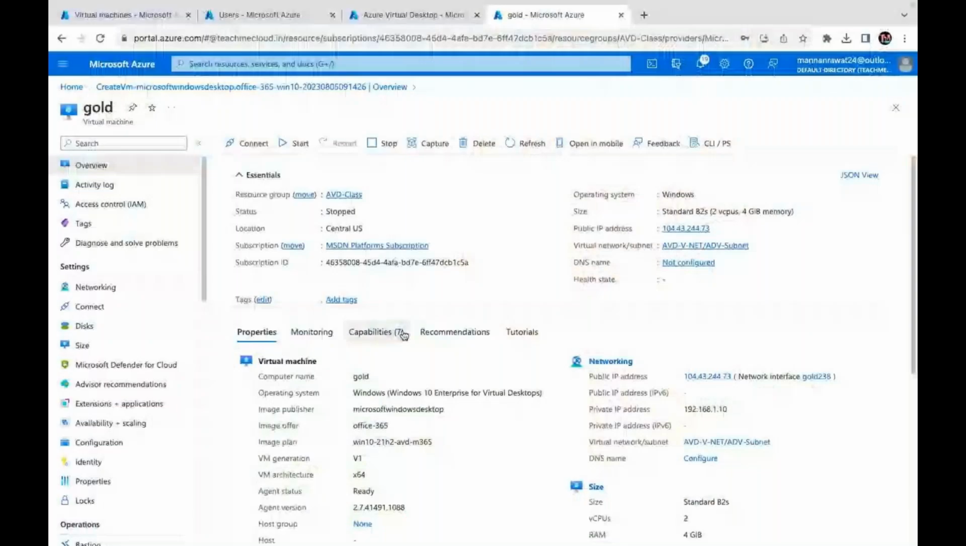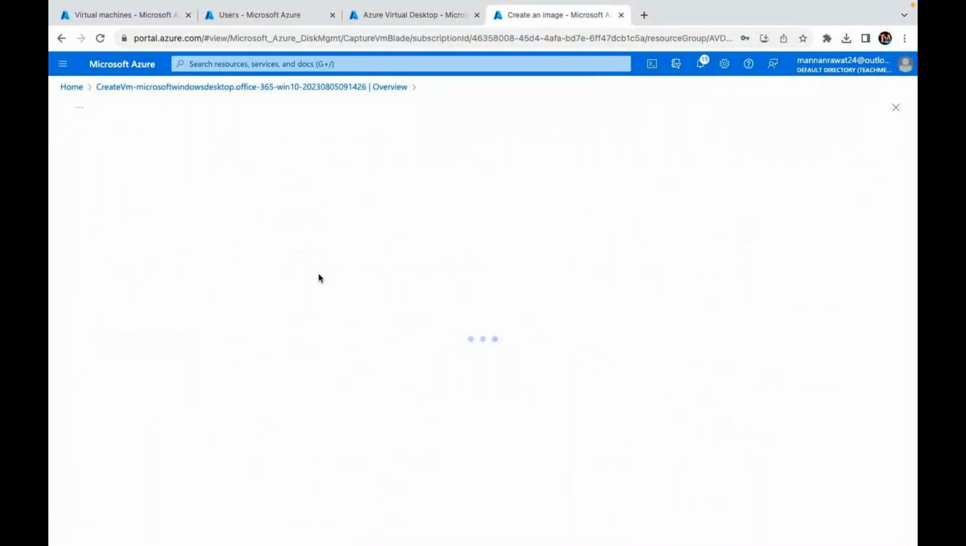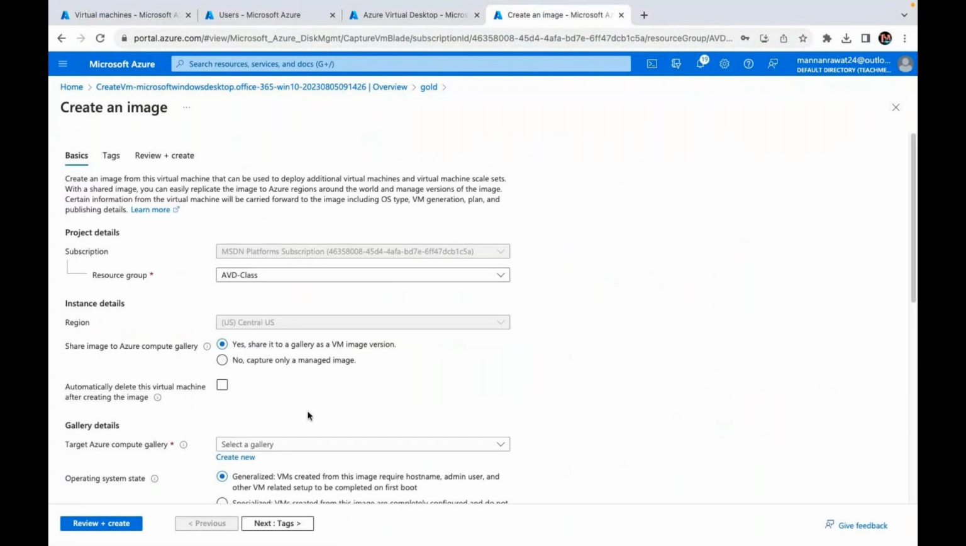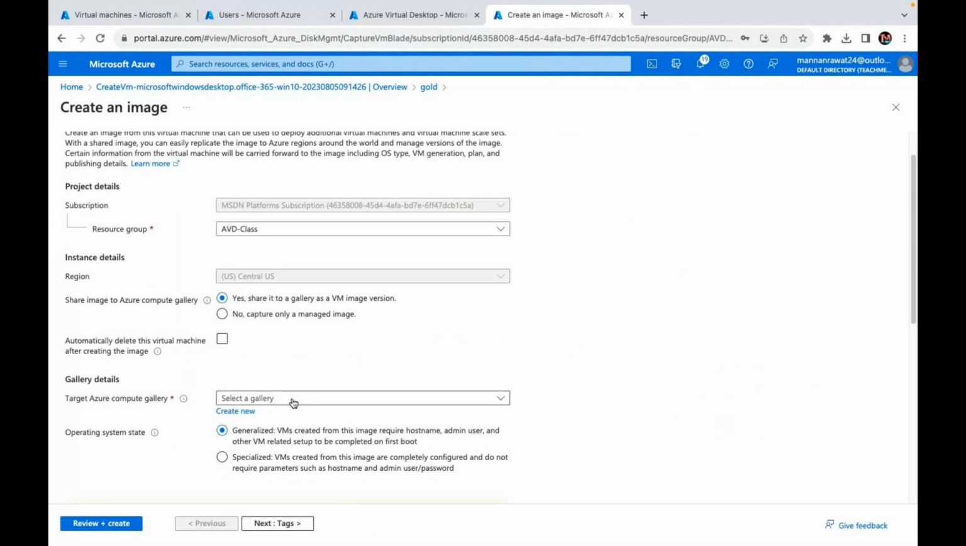So the virtual machine is stopped successfully. Now it's time to capture the image for the AVD host pool. Create image. Same procedure that we have already used. Share image to Azure Compute Gallery. Yes, I want to do that because we will use the same image to set up our AVD host pool. Let's create one